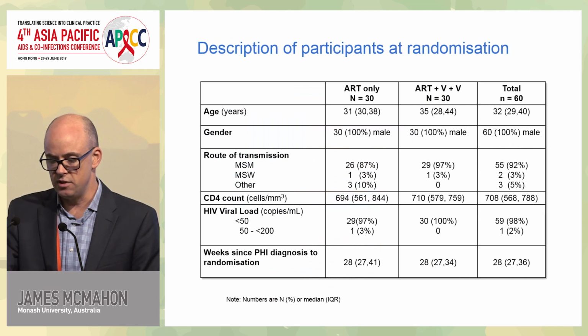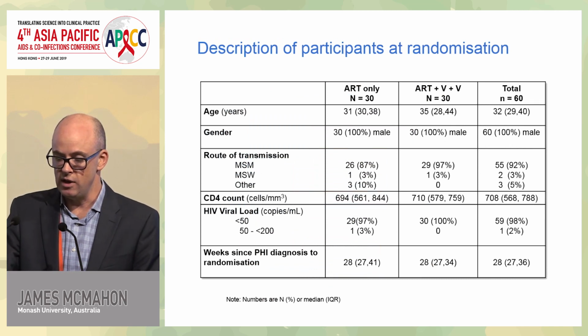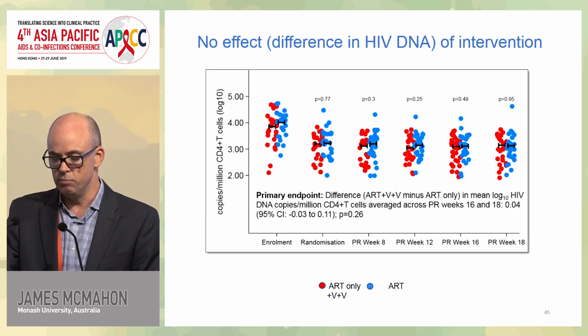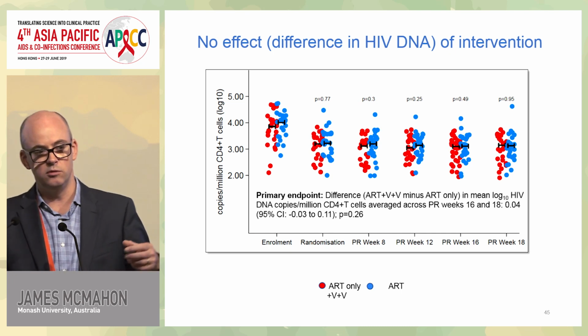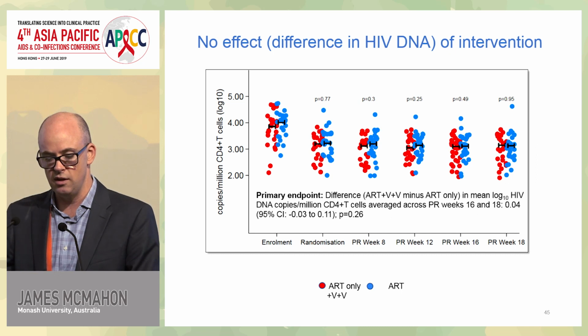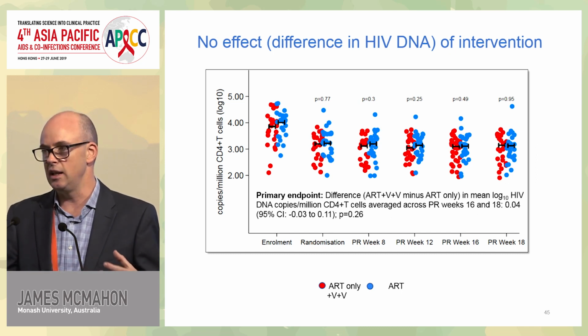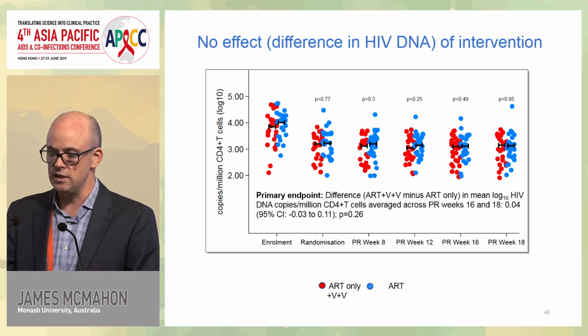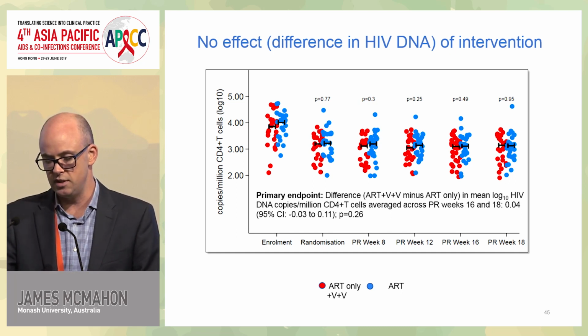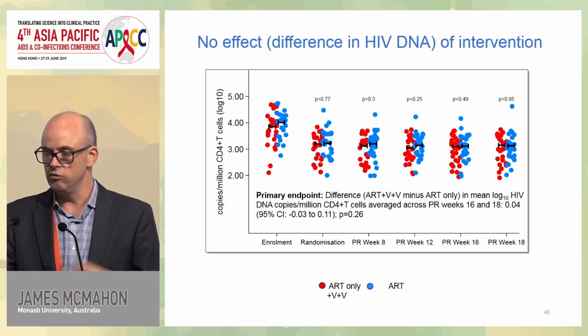Again, I'm on time, so essentially these were men, and you can see 30-odd people in each arm, 60 people in the study, who were all virologically suppressed, and their CD4 counts were excellent. And this is the ultimate money, is that the blue dots represent the people who just had ART, and the red dots just represent the people who got the whole intervention, and this is looking at the amount of HIV DNA left in their bodies. And you can pretty easily see that at any time point along there, there was no difference in the reservoir from this study.